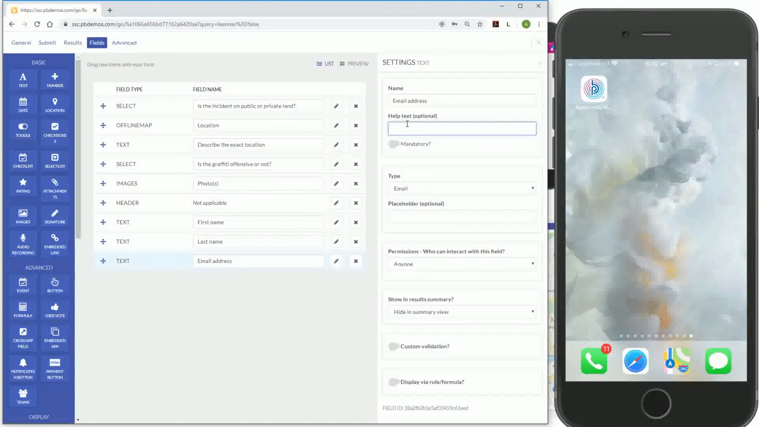So I can give the user a bit of help. I can give it some placeholder text so that they know the kind of data that needs to be entered in there, and I can also say whether the fields are mandatory or not. So for me, I don't think anything is particularly mandatory apart from maybe